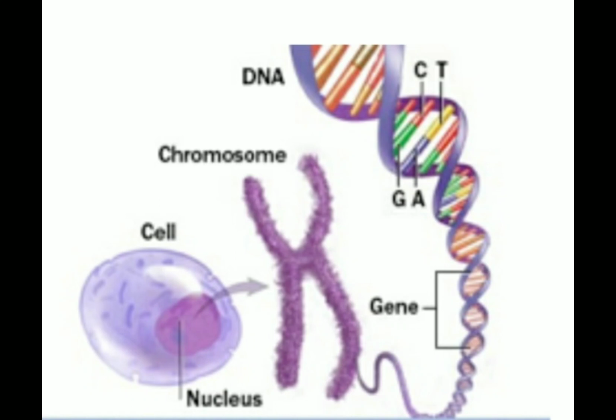So I repeat, cell has a nucleus. The nucleus contains chromosomes which are made up of thread-like structures, and the chromosome in turn is made up of this double helical long structure that you can see on the screen, which I have named as DNA, and particular sections of this DNA are called as genes. These are carrying the genetic information in organisms.